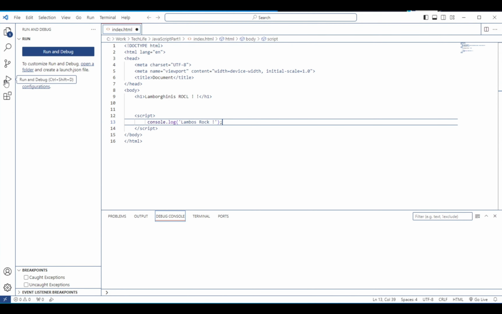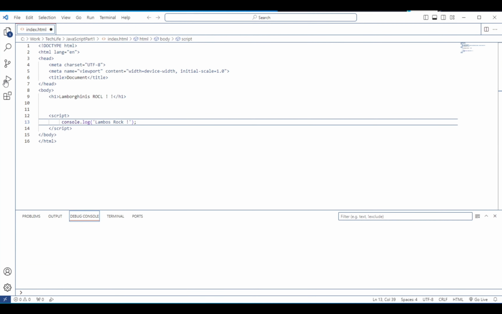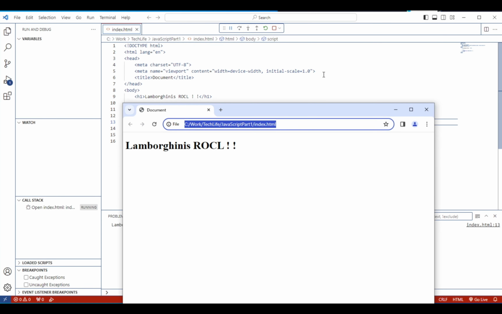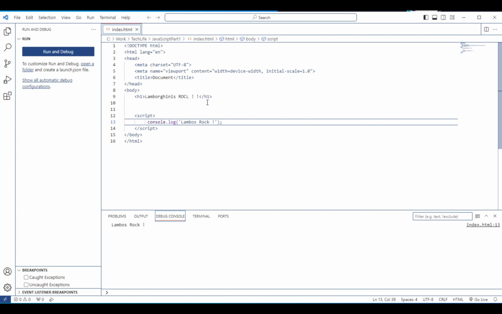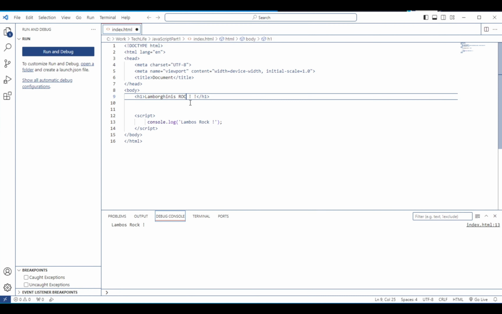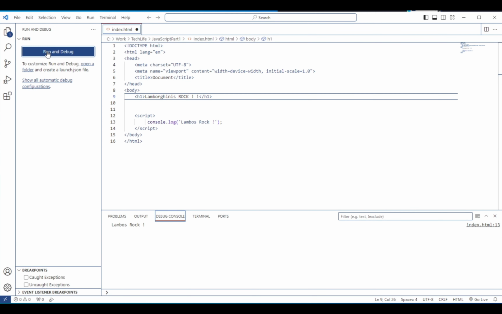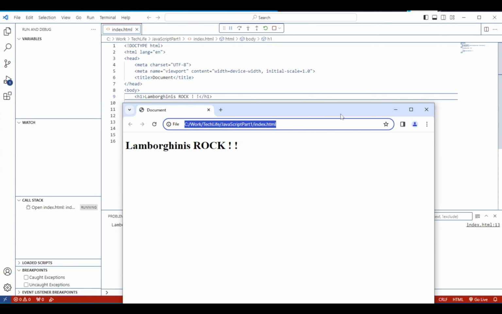And we can run this. Okay, I don't know how to spell rock. Let's correct that first. Numbers rock. Let's try that again. Numbers rock. And then